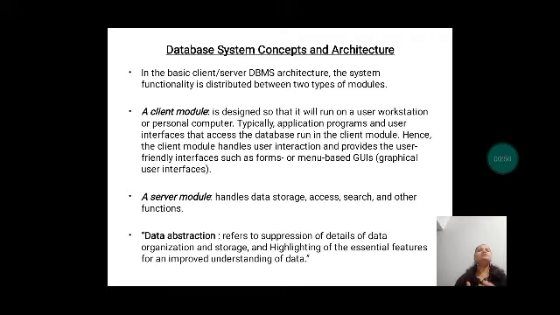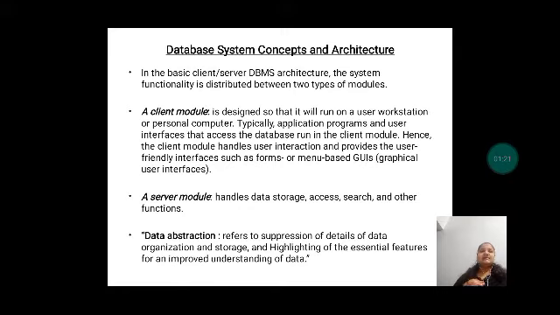This evolution mirrors the trends in computing, where large centralized mainframe computers are being replaced by today's hundreds of distributed workstations and personal computers. They are also connected via networks to various other types of server machines, say web servers, database servers, file servers, application servers, and there are so many different types of servers, right?